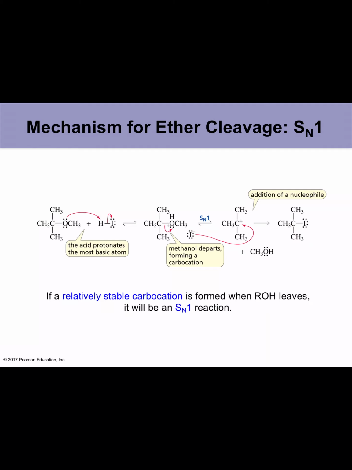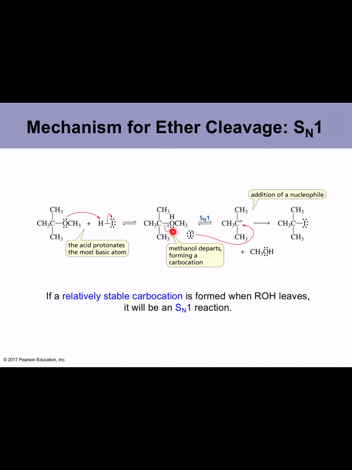The mechanism for ether cleavage can go via an SN1 process. This is the ether. On one side you have a methyl group, and on the other side you have a tertiary butyl group. In the presence of an acid, oxygen will become protonated, and since this side can create a tertiary carbocation,